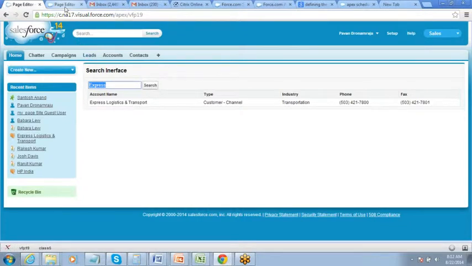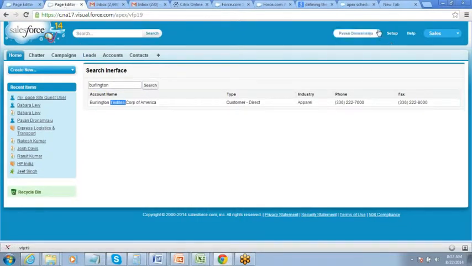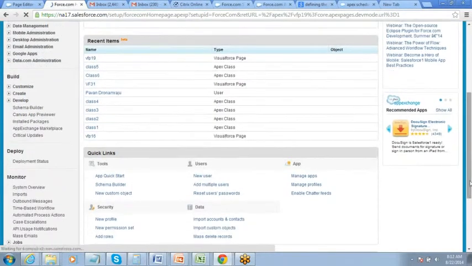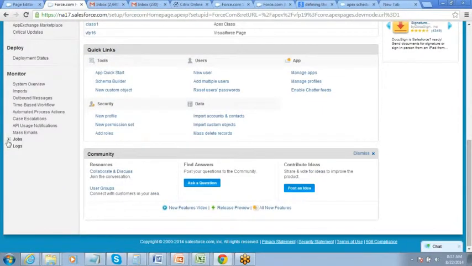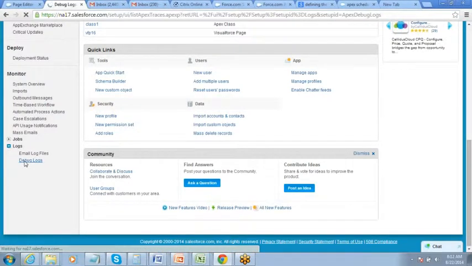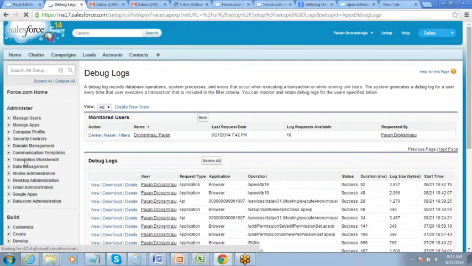Okay, now let me go and see the debug logs for this user. Go to the setup. So I performed some action which had some Apex code involved. Go to logs. See, executed this one.